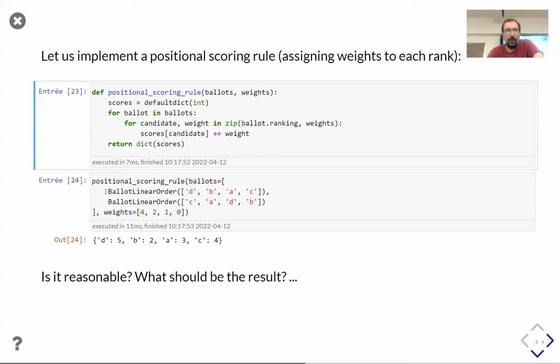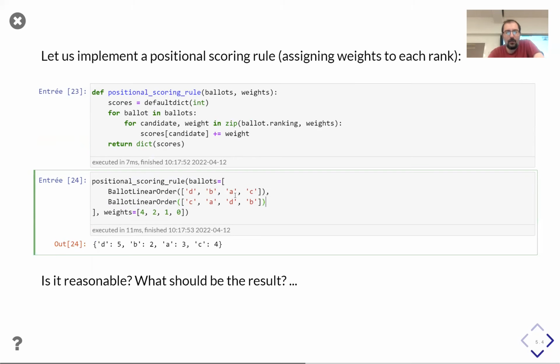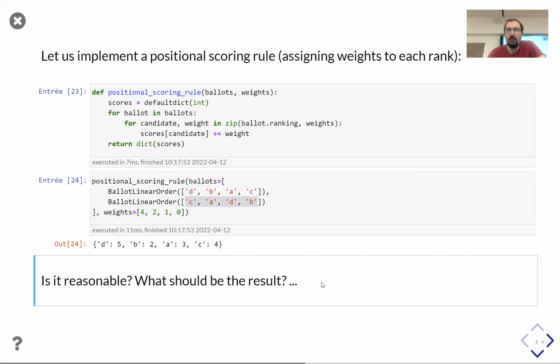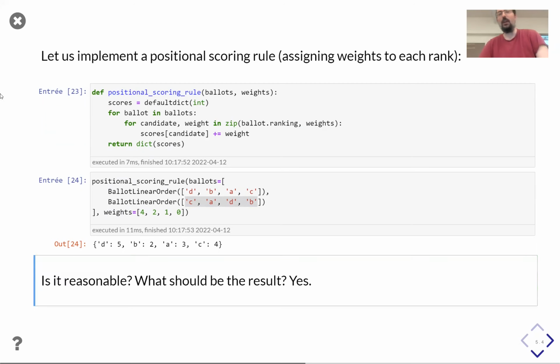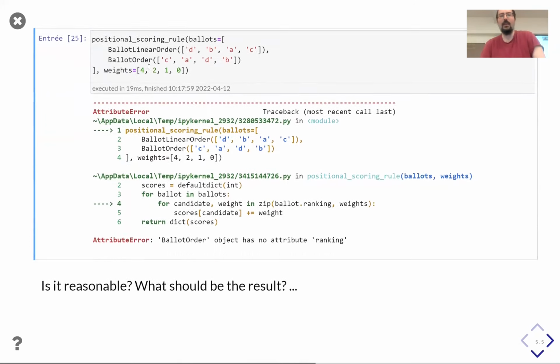Then I apply this to two ballots with linear orders with the weights 4, 2, 1, 0, which means that the first voter gives 4 points to D, then 2 points to B, then 1 point to A, then 0 points to C, and similarly for the second voter. So it works. It's okay for you, I guess.